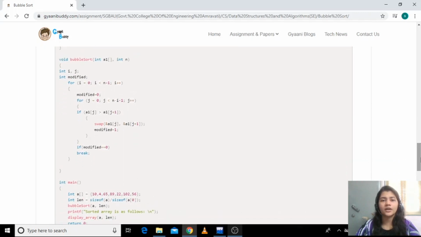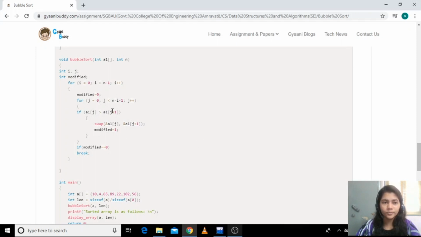And then switching to the heart of the program, that is the bubble sort method. What we are doing is passing the array which we want to sort and the size of the array to the bubble sort. And here we have two local variables i and j, and another temporary variable, a modified temporary variable, or we can say the status checker. I will talk about optimization again. So here, for i equals 0, i is less than n minus 1, i plus plus. As we are comparing two elements, we have to count the index from 0 to n minus 2, not n minus 1. As the array indexing starts from 0 to n minus 1, we have to compare one element lesser, as we are comparing by increasing the index.